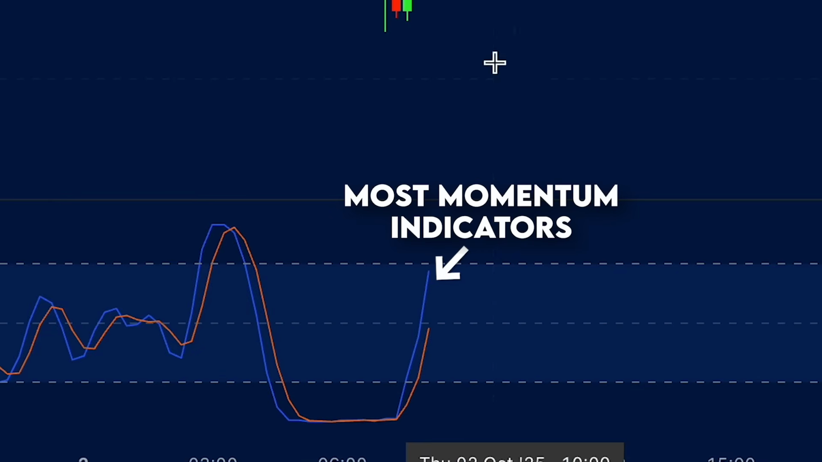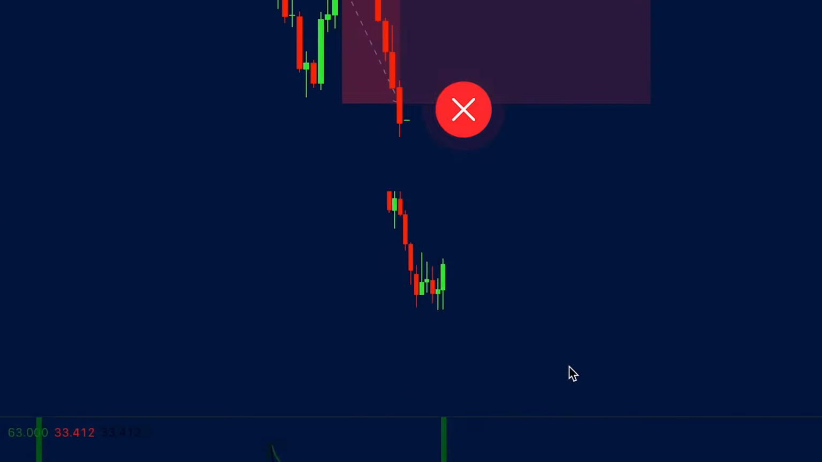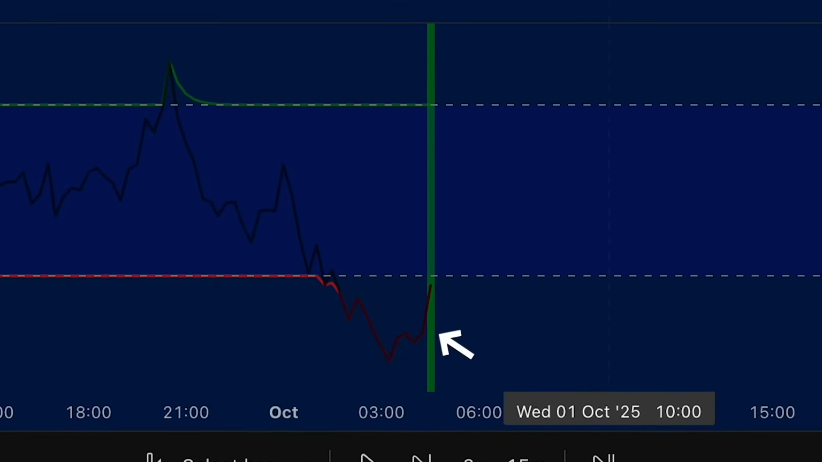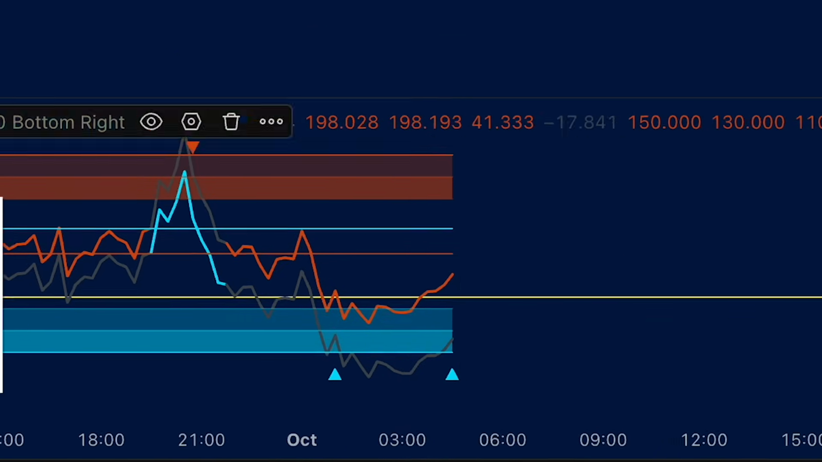Most momentum indicators lie to you about signal strength. They show bullish momentum when there's barely any buying pressure behind the move. Look at this trade right here. Traditional indicators showed perfect momentum, but when I checked this insanely accurate tool I'm about to reveal, it showed only